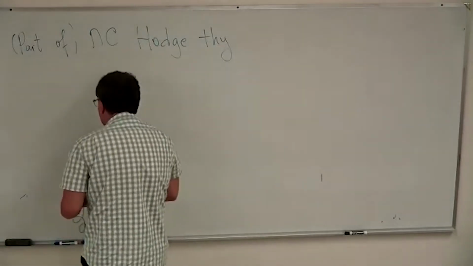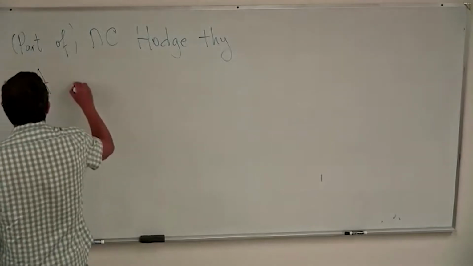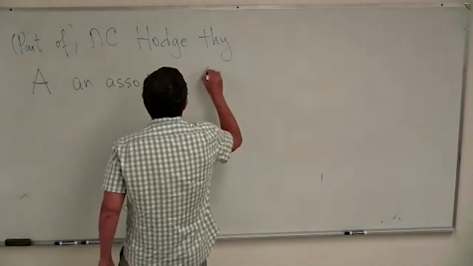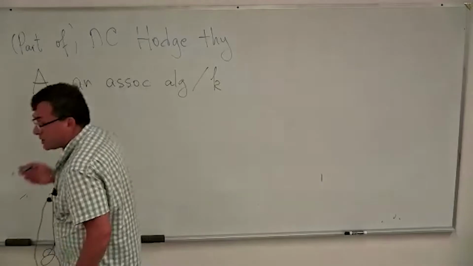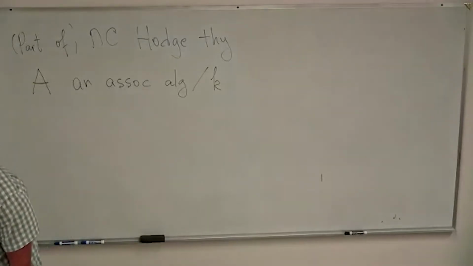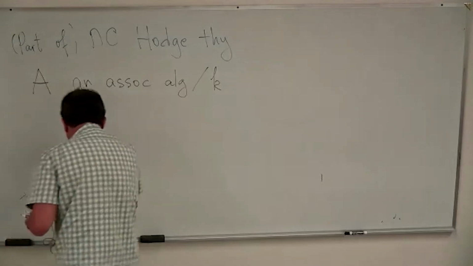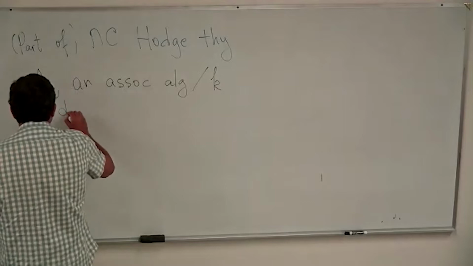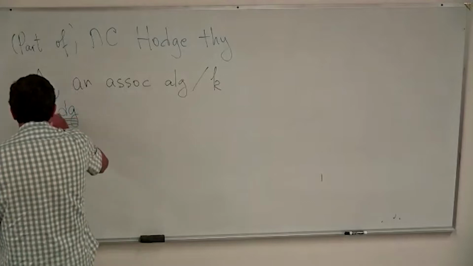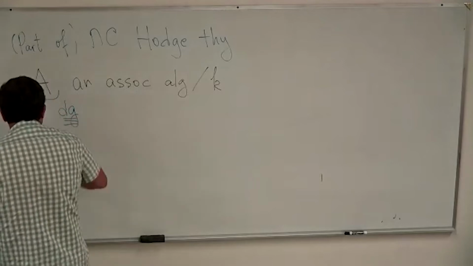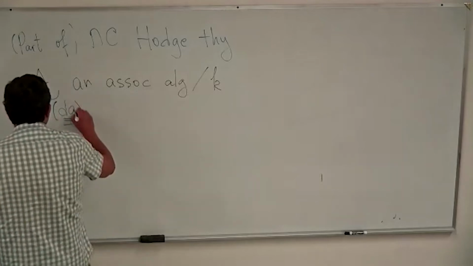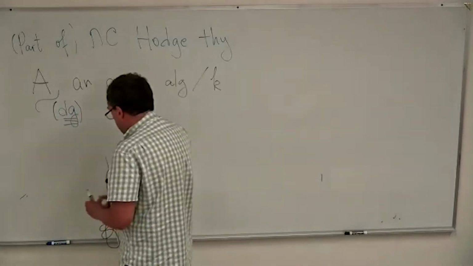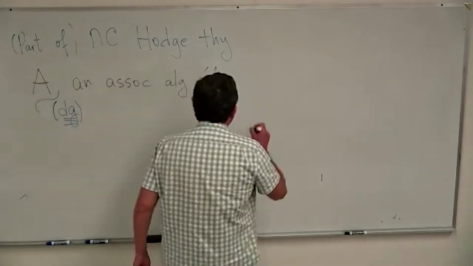But let me start by saying that if I have an associative algebra over some scalars k, and maybe it's important for the context, a differential graded or DG associative algebra, commutative or not, then there are standard constructions